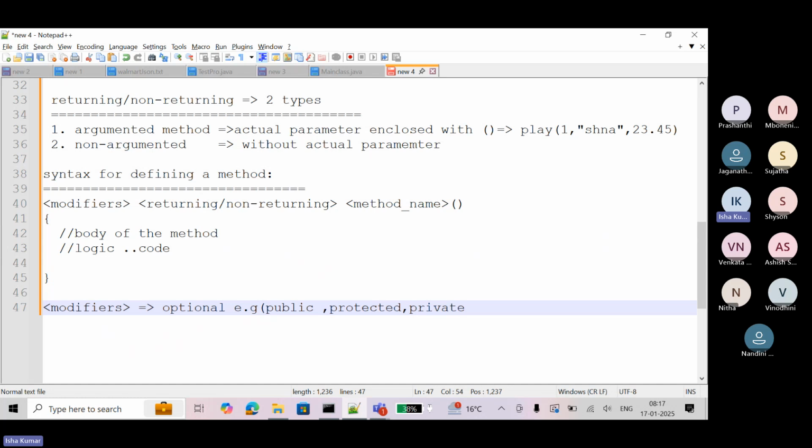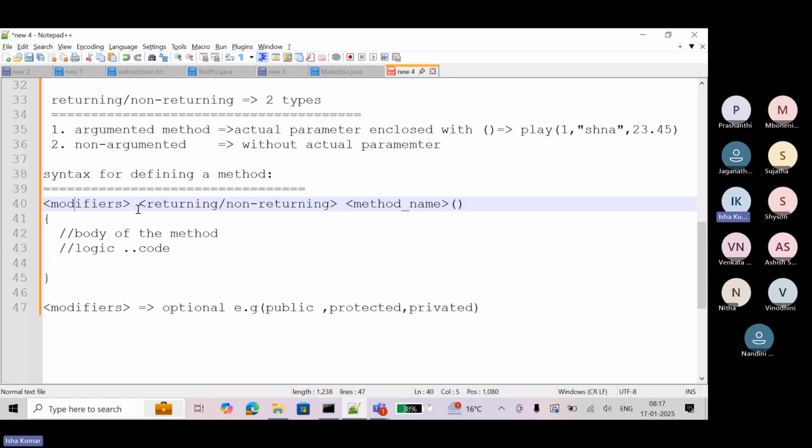These are three modifiers actually. Default is a scope, not modifier. So this is optional because I didn't teach you modifiers yet, so it's okay. You can write or not write as per our requirement. Because we don't know them, we will not be writing modifiers. But here it is a syntax, we can write modifiers.